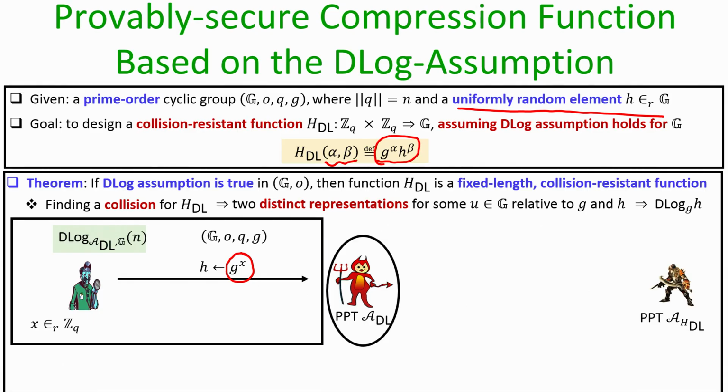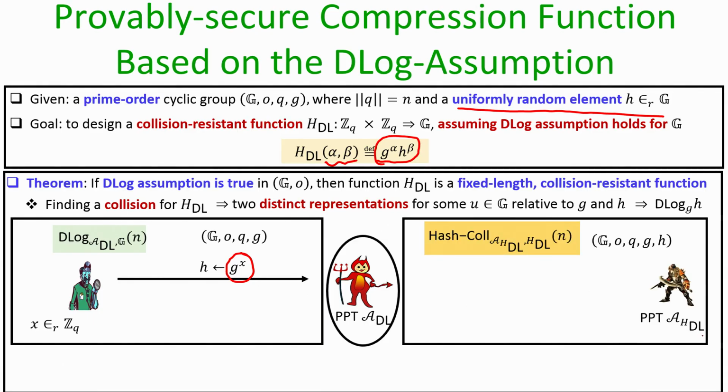What it does is it invokes the adversary A sub H dl and participates in an instance of the collision resistance experiment, and as part of that experiment it creates a setup where the group description is the same group G where the adversary A sub dl wants to solve the discrete log problem, and as a part of setup h is given as the public setup where h is uniformly random. So, you see that the h that is thrown as a challenge to the discrete log solver is used now as a setup for this H sub dl function.